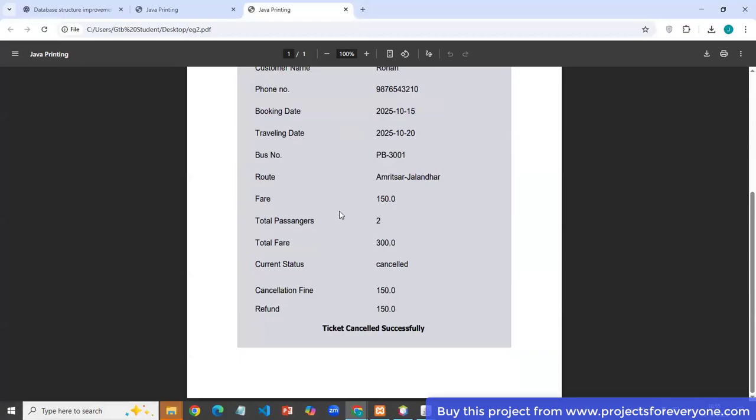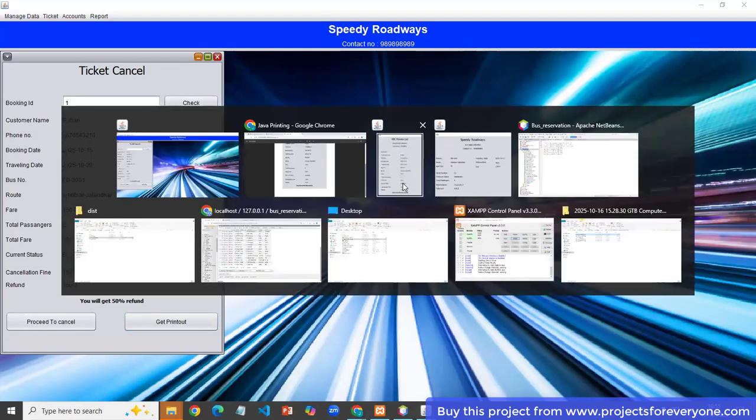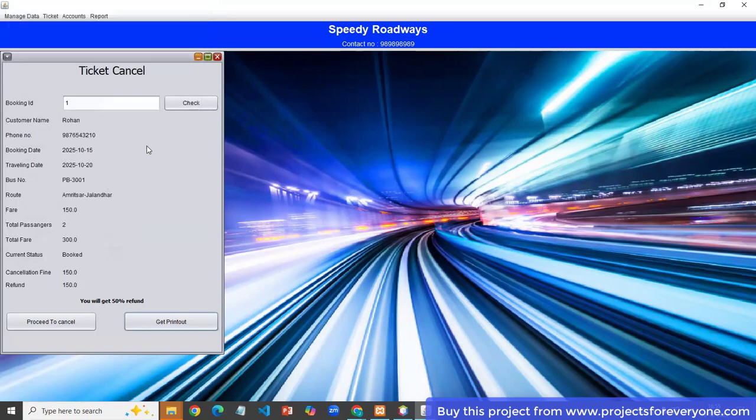Same way. Rohan, this phone number, booking date, driving date, current status, cancelled, return, refund, everything. Already cancelled.